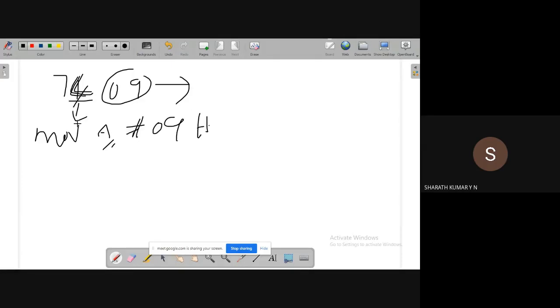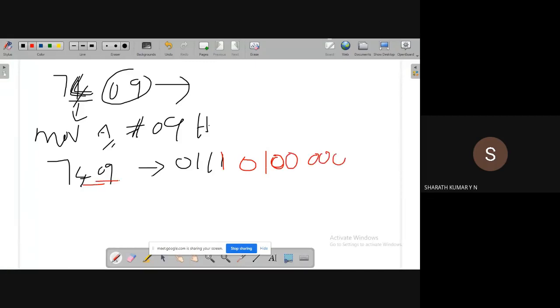How do we write 7409 in binary? 7 is 0111. What is 4? 4 is 0100. And 09: 0 is 0000, and 9 in binary representation is 1001.